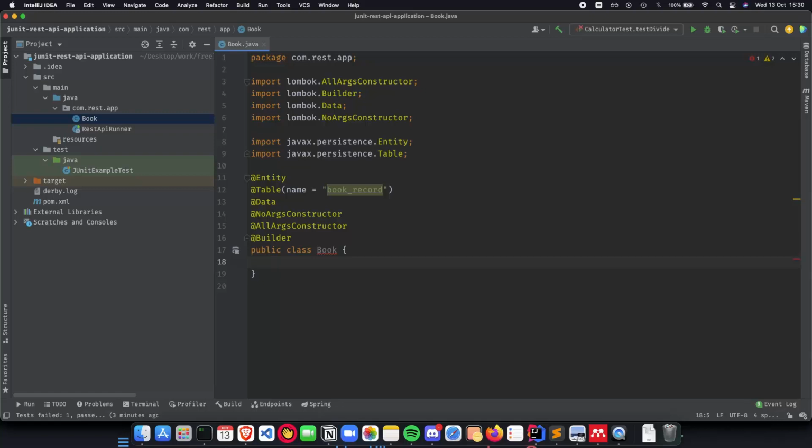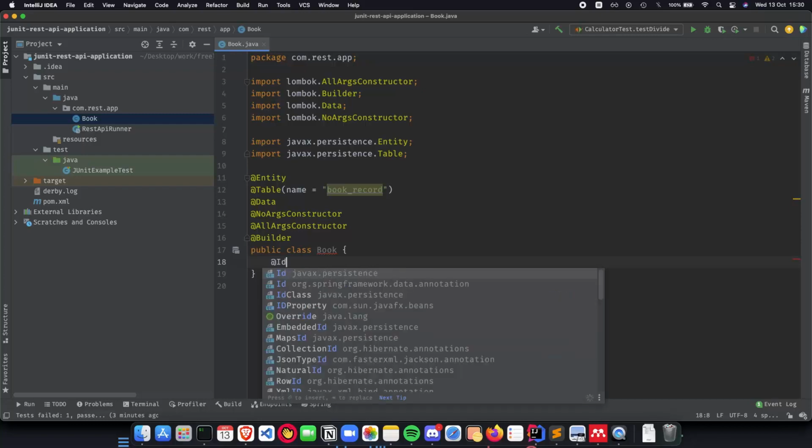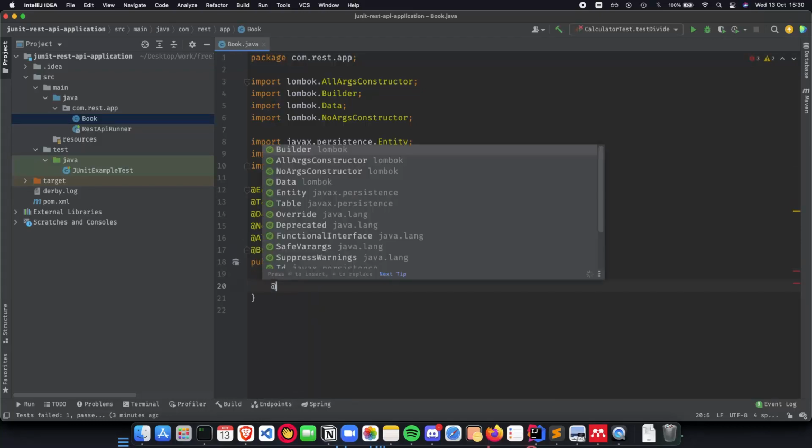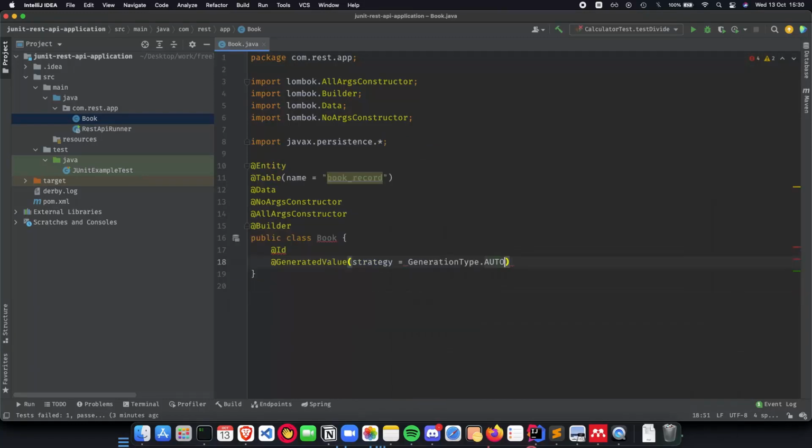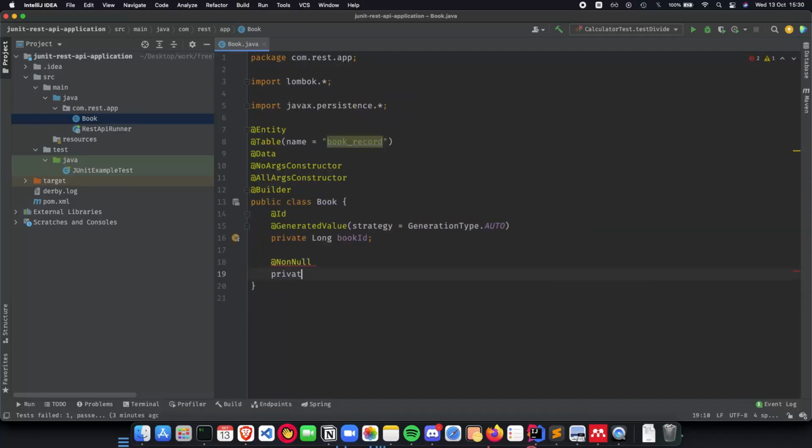Let's start with what the book will have. So each book will have a unique ID. So we have the ID. The next thing that it will have is generated value, and the strategy is going to be generation type auto. The next thing that it will have is a private long book ID. The next thing that the book will have is a name, so non null, and private string